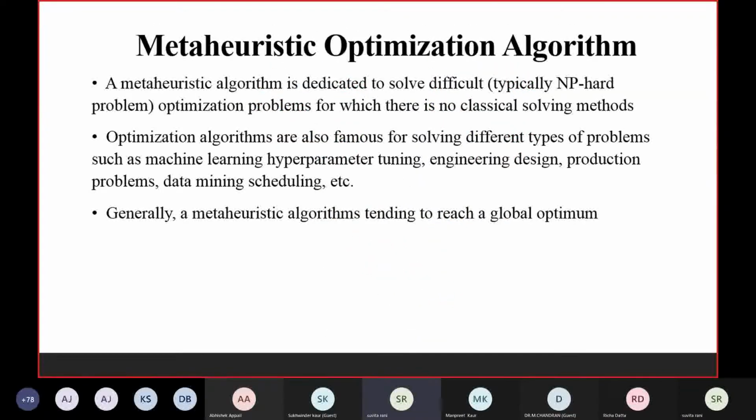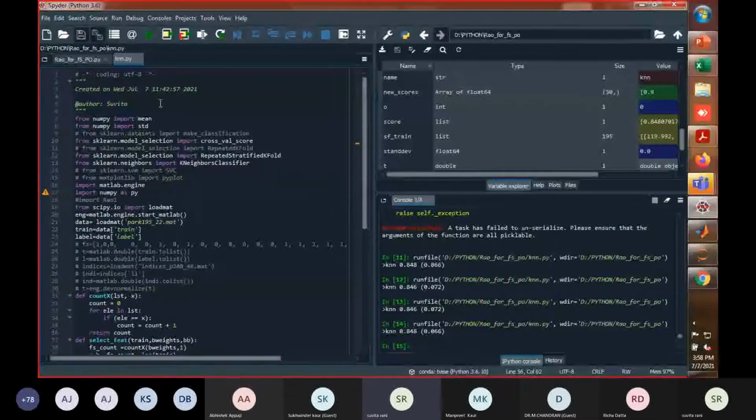So before the meta-heuristic optimization, let's see an example of how it works. What is the effect of the k value on the classification? Here, I have imported some predefined libraries. If you don't find any of these libraries, just write in this window, which is called the console window, in which you can see the computation, or you can write commands manually.